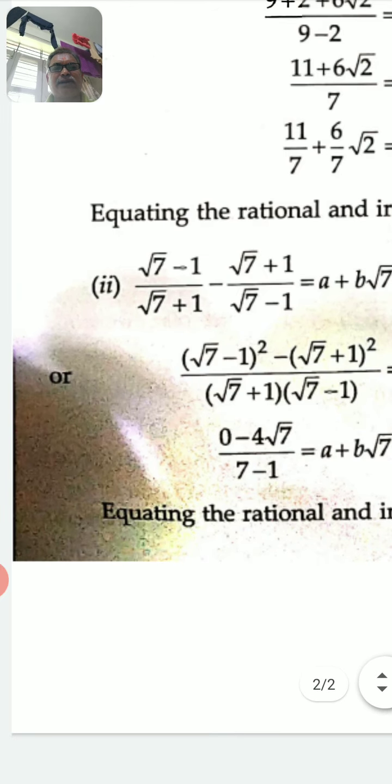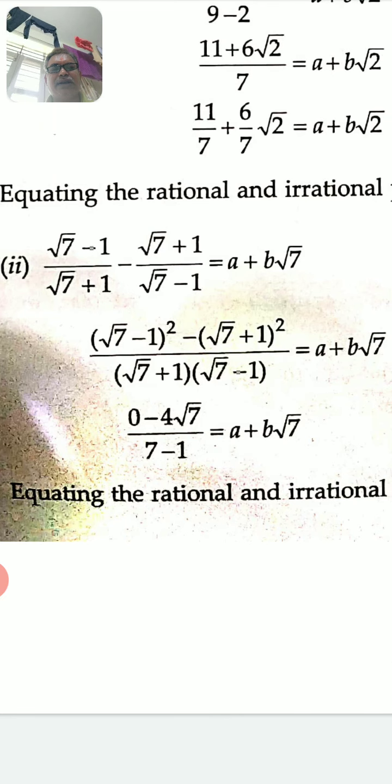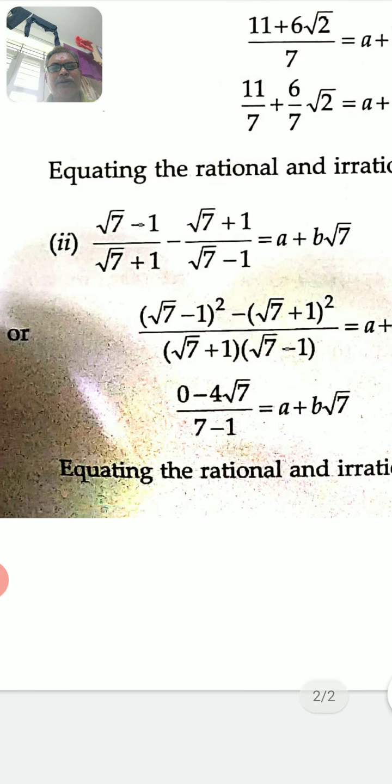(Root 7 minus 1) divided by (root 7 plus 1) minus (root 7 plus 1) divided by (root 7 minus 1) is equal to a plus b root 7. In the same way we have to rationalize the denominators and easily we can get the value. Subtract these: the LCM of the denominators is (root 7 plus 1) into (root 7 minus 1). By multiplying the LCM to both terms you get (root 7 minus 1) whole square,